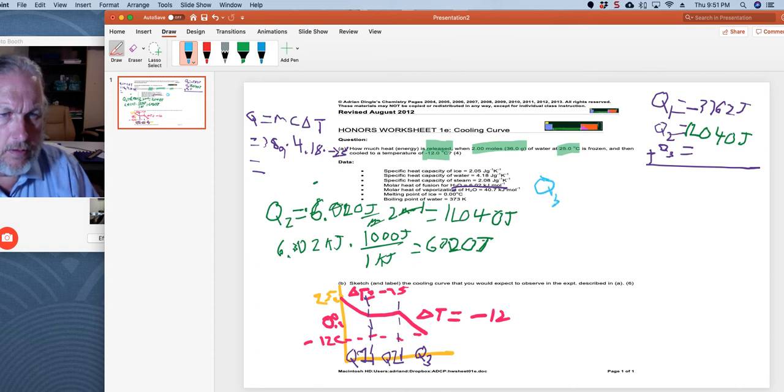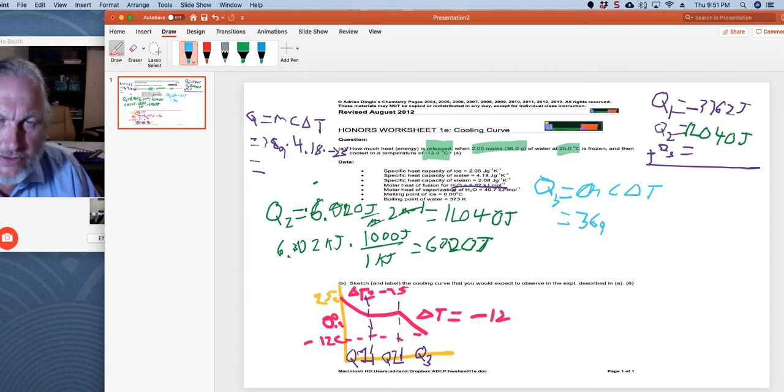we're back to a Q equals m c delta T problem because we had a temperature change. So Q3, our mass, 36 grams. Which C do we need to use? We're no longer liquid water, we're ice. So now we're going to use a different C. We're going to use this